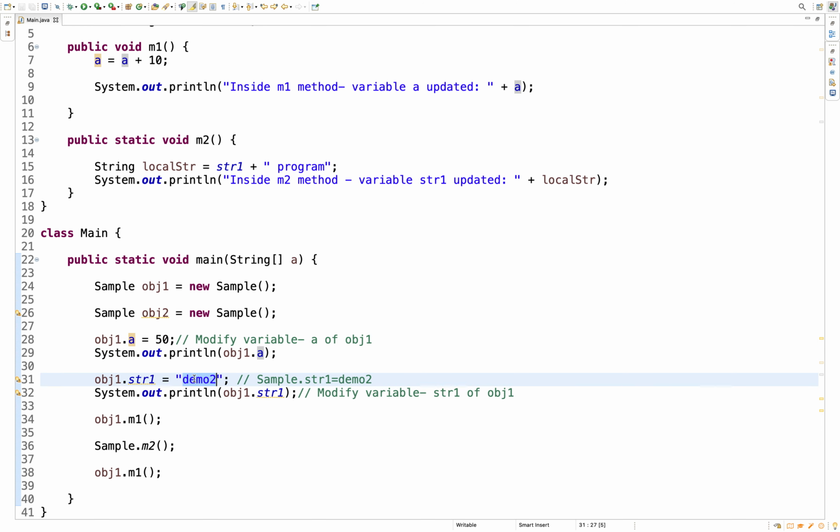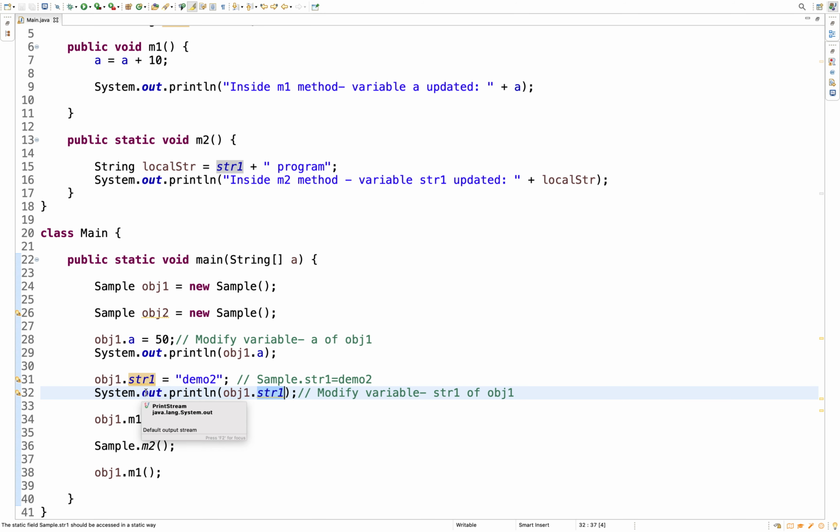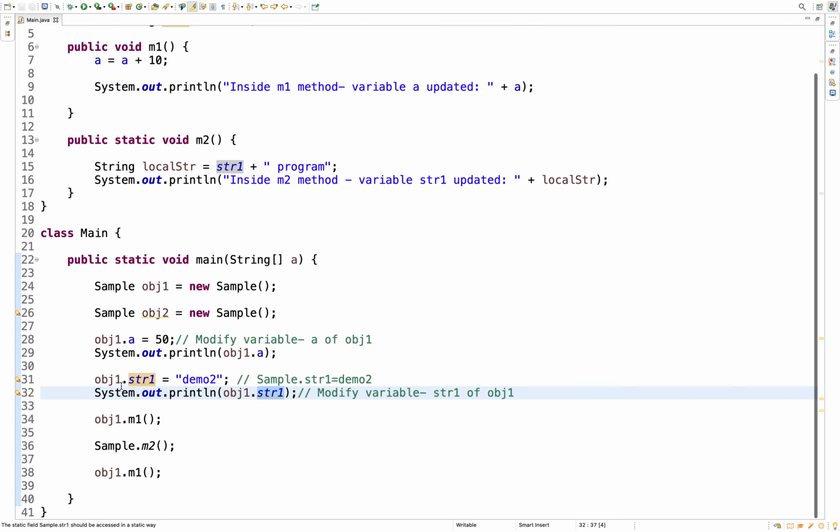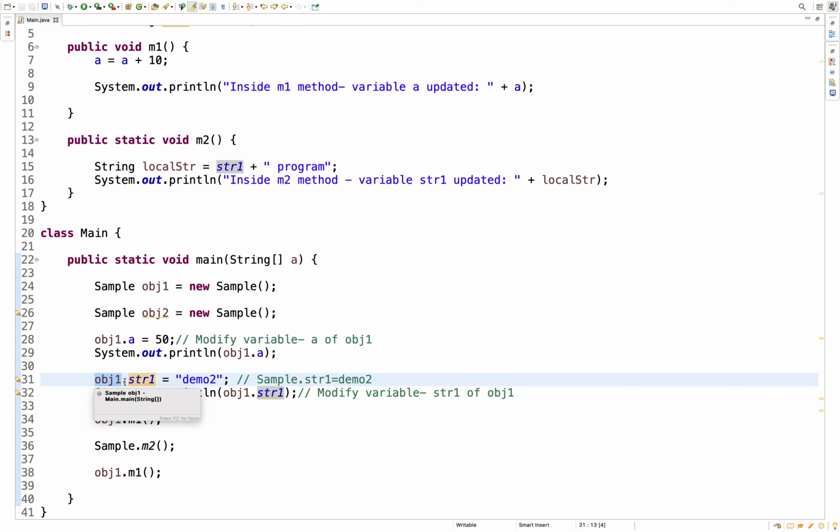And here you're also modifying another variable, a string variable, using object one. Only object one's reference will be modified here, and using object one you're trying to modify the shared variable, which is the static variable.